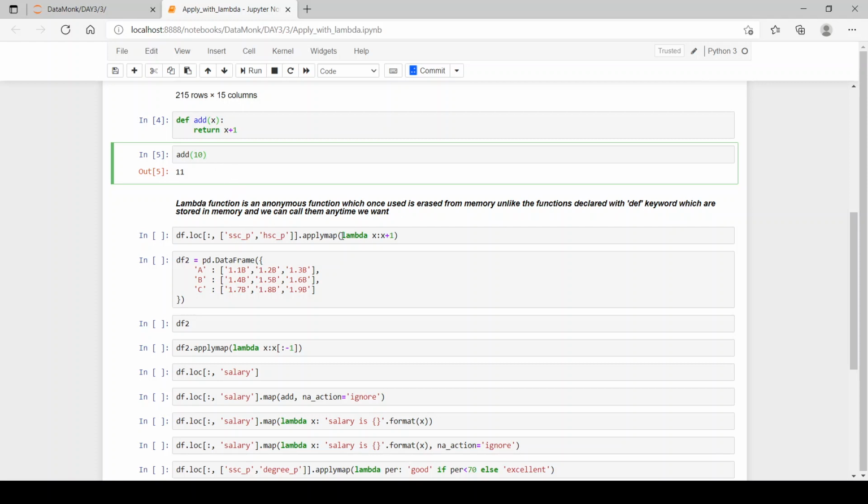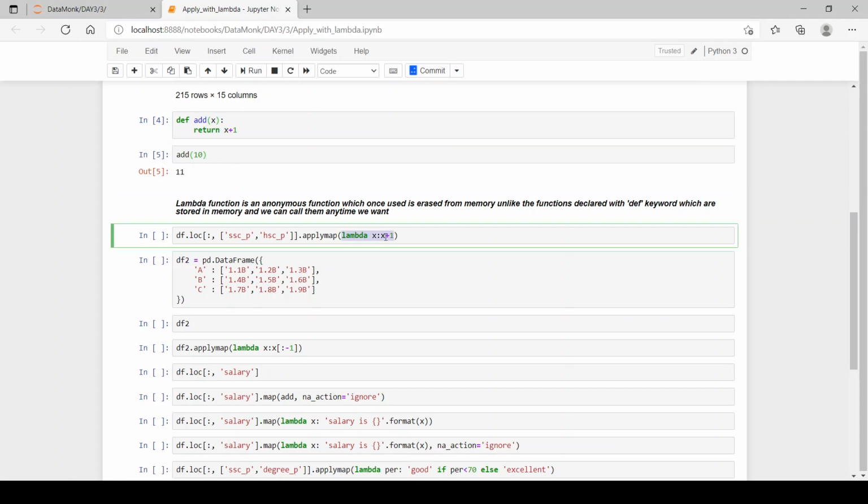But this is not the case with lambda functions. These are anonymous functions, and once created and used they do not remain in memory. So we cannot call them again. It is only for one-time use. Now let's see how we can use lambda functions in the apply and applymap methods.